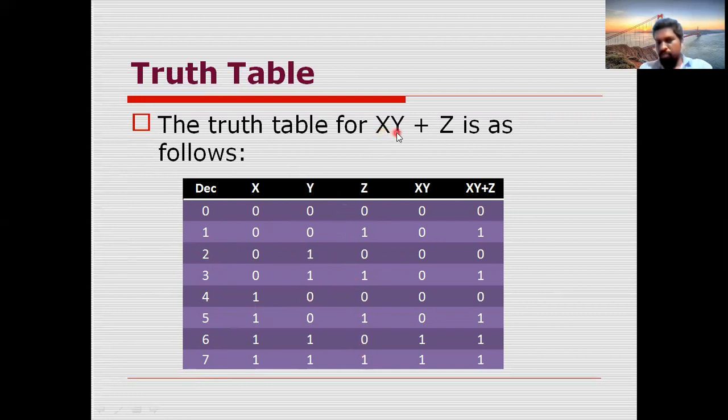Now what is the first term we are having? The first term is x into y. So multiply x into y and write the values here. And this xy is added with z. Consider this xy as your A, z as B. So add these 2 columns, then you will get the original answer. This column is the final answer of the given expression. So like this you need to frame the truth table. A truth table always consists of input combinations plus output values.